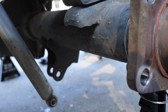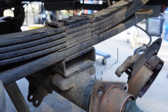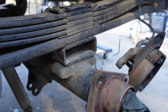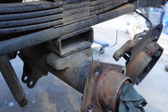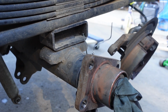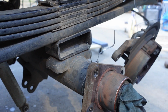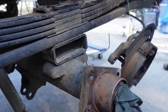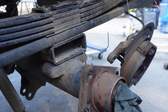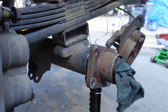No, because it's got a pin holding it, and we're holding it up against the leaf springs, so it can't rotate. Right. We're gonna have to figure out another way to let it down. Jack up the leaf springs? It's not a bad idea. I don't think those will get high enough. Maybe what we can do is